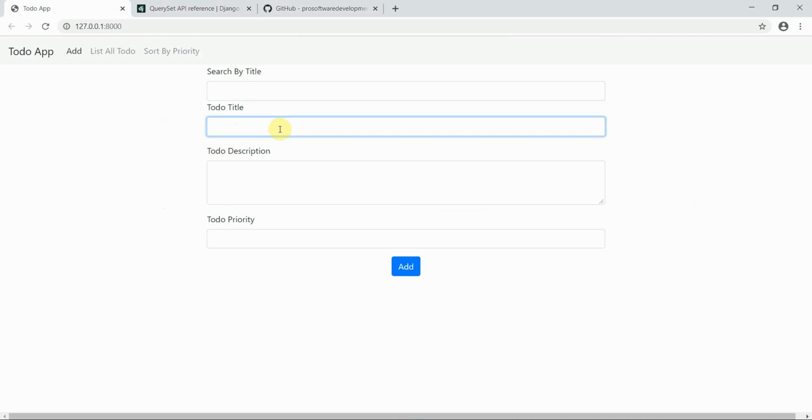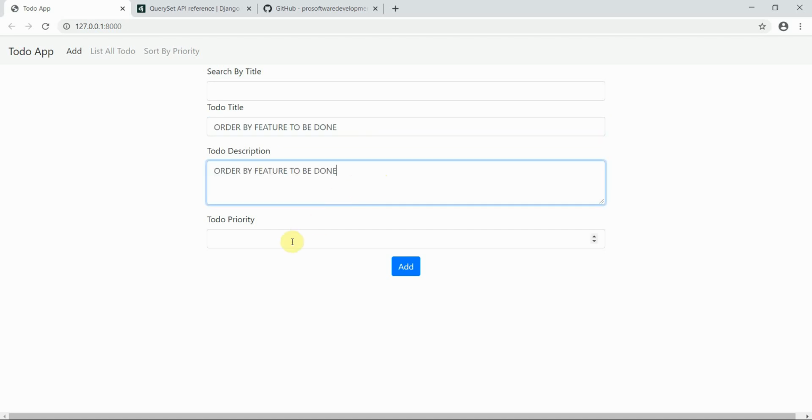We'll implement that. We can add a new to-do, order by feature to be done. This is the title. I'll quickly copy this and give it a priority of 1000.